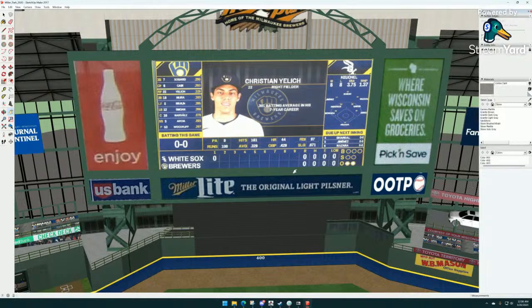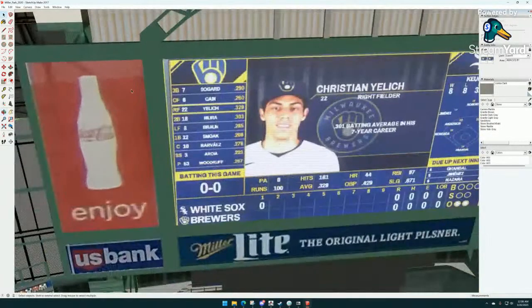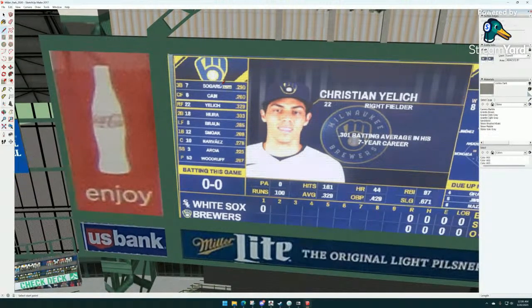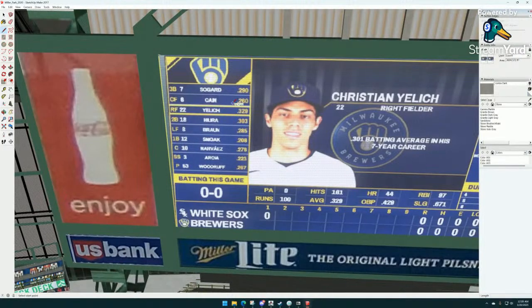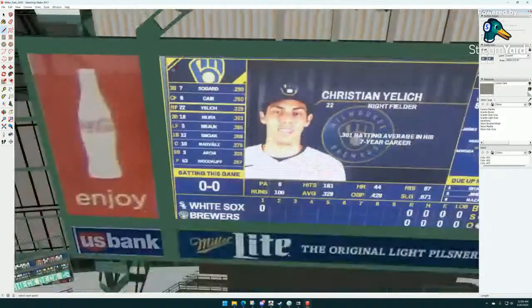Now, there's two ways you can go about doing this. I'm assuming that you have some knowledge of SketchUp, so you could either take the face of the scoreboard, the texture of the scoreboard, and blank that out and create a unique texture and use that for the scoreboard. Or what I like to do is put a new texture over it. I'll create a covering for this, which I've done in most of my parks, because I like to keep the old texture in the background just in case I wanted to use it in, say, an older version